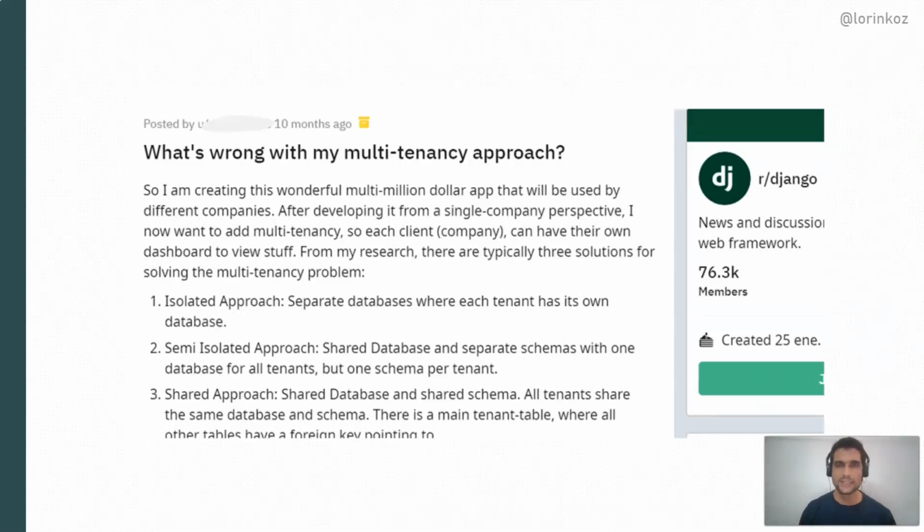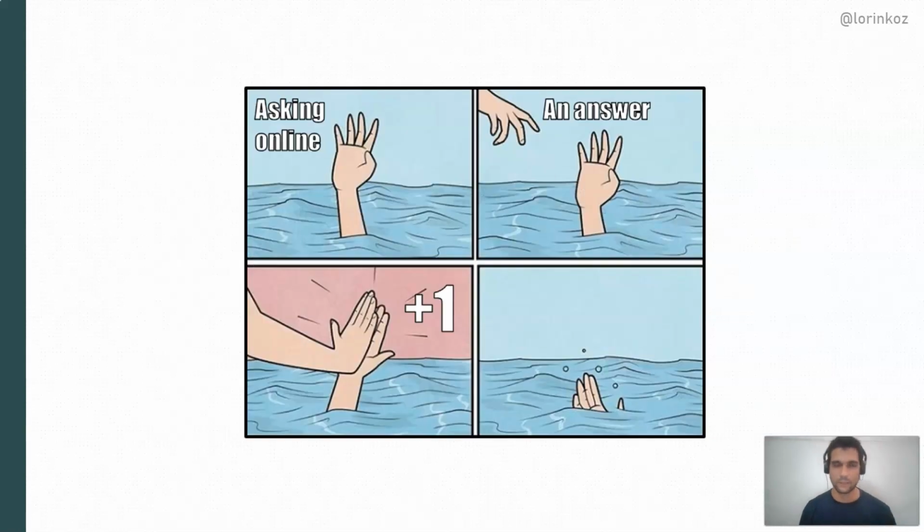What's wrong with my multi-tenancy approach? This is the title of this Reddit post I found not so long ago of a person who is trying to create a multi-million-dollar app in Django by means of adding multi-tenancy to a previously existing single-tenant project. I felt quite identified with this post as I myself was in the same position a couple of years before,